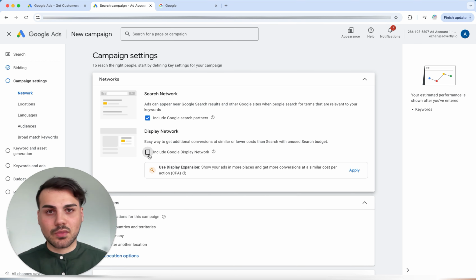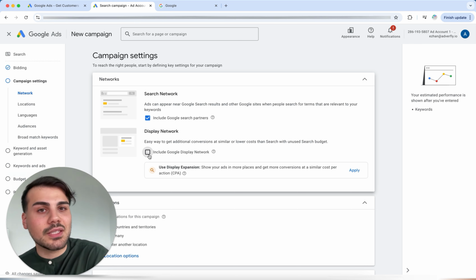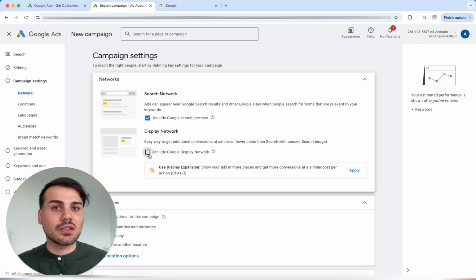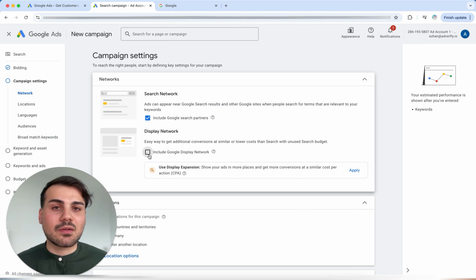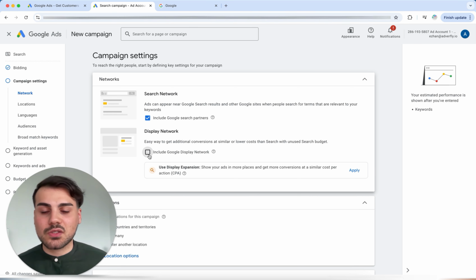It is better to do everything separately, then it is better, and then just work your way up, because you can also create several campaigns later. Because if I have now scaled this search campaign very, very well and it is running very, very well, then I can go to the next step and then, for example, create a shopping campaign, then create display ads campaigns, and at some point test a performance max, because every campaign has its own purpose. And so in this case, I would disable it, as we can see on my screen here.